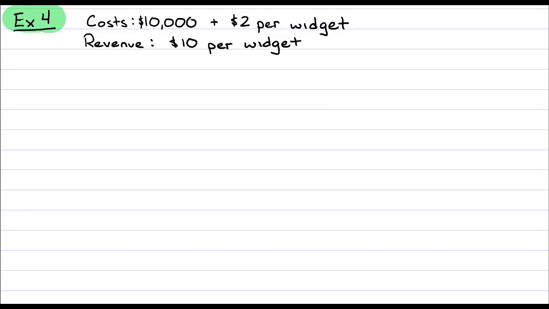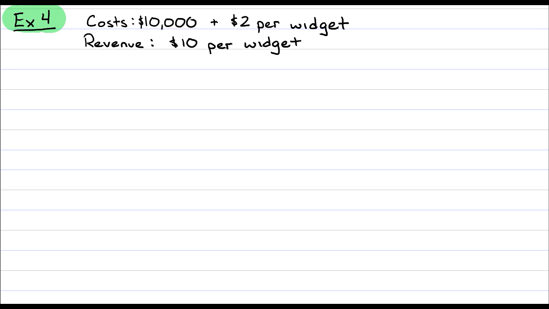Example 4 introduces the concept of break-even analysis. In this problem, we are told that WidgCo is a company that produces widgets. A widget, by the way, is just a generic name for any kind of manufactured good. So it says in this problem that WidgCo's monthly operating costs are $10,000, and it costs $2 to produce each widget. So that's telling you that